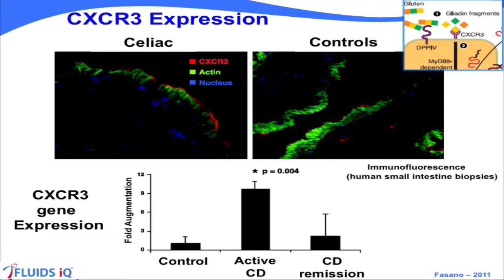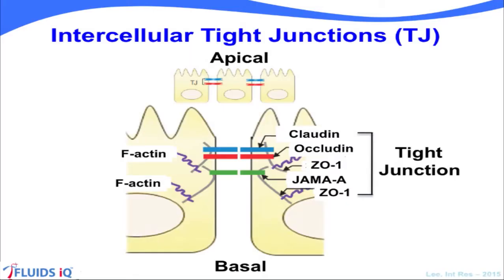And when CD, or celiac disease, goes into remission, it returns very close to the control level. So clearly these receptors are extremely important. The intercellular tight junction itself is quite complex and consists of a whole series of proteins, with claudin and occludin, the two proteins that create a very strong mesh in the intercellular space, and they connect to other proteins,